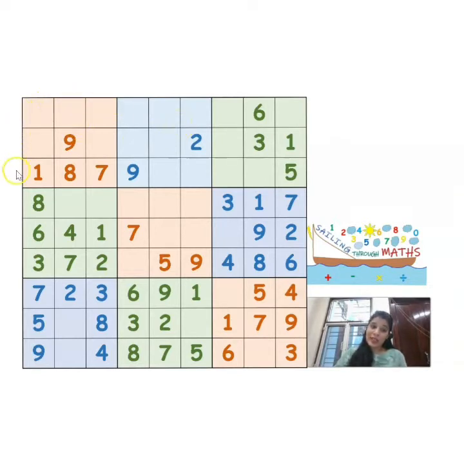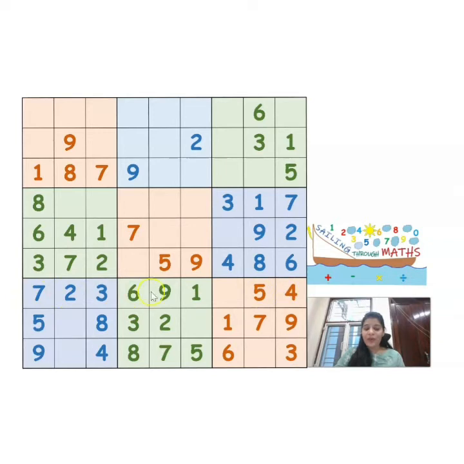So you can clearly see that this is a 3 by 3 grid and this is the first part of those 9 equal parts. In this 3 by 3 grid, we can see that there are 9 cells. In these 9 cells, we have to fill the numbers between 1 to 9 such that no number repeats itself. Now, using both the rules, let's see how we are going to start solving this Sudoku. I'm going to start solving this Sudoku from the 7th row.